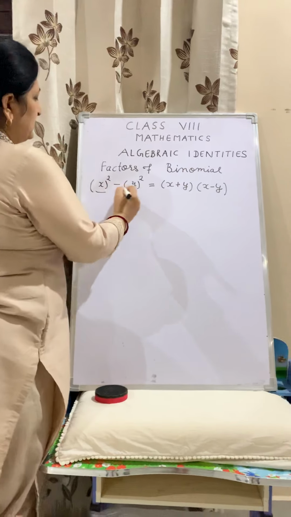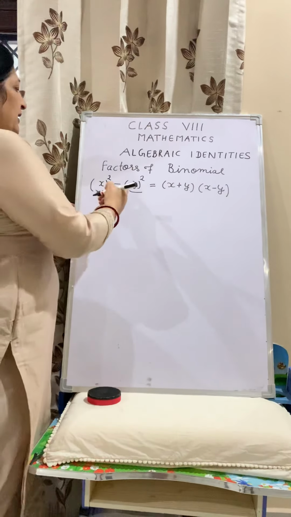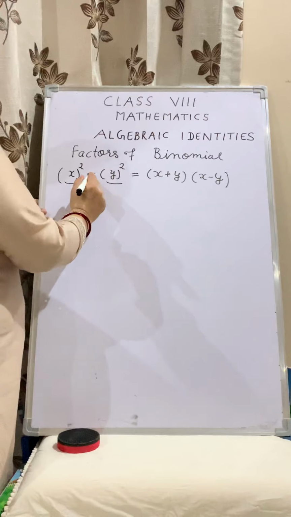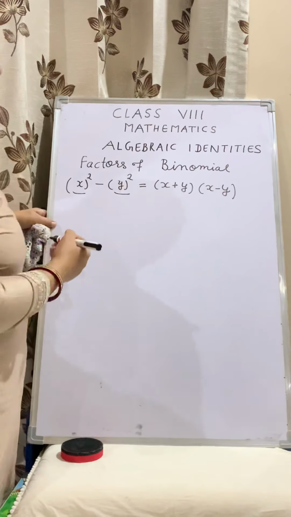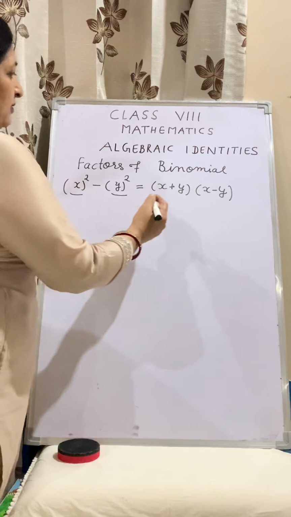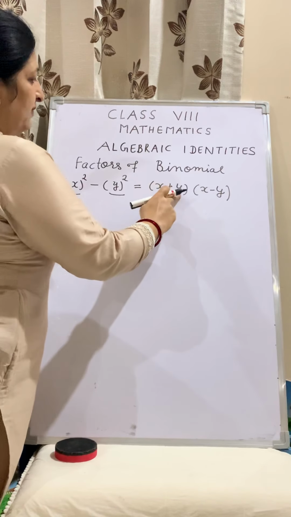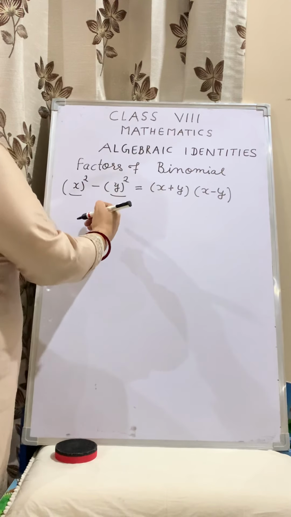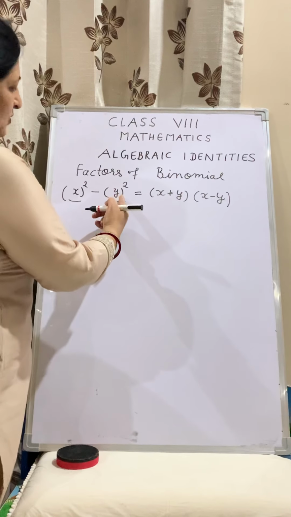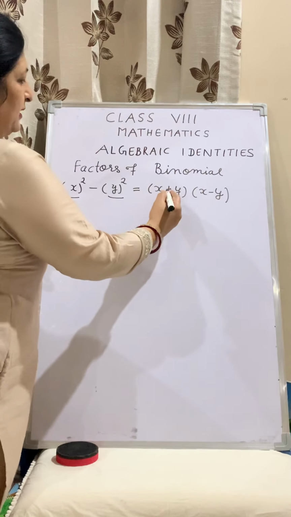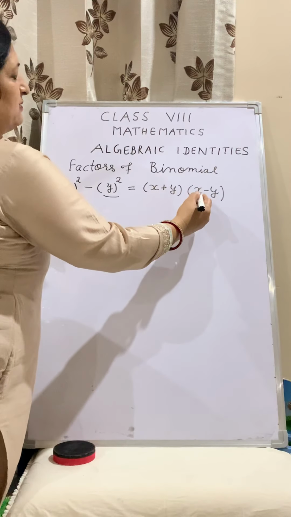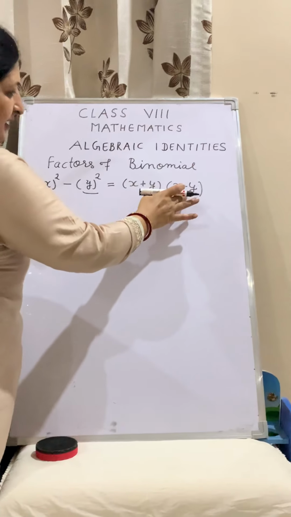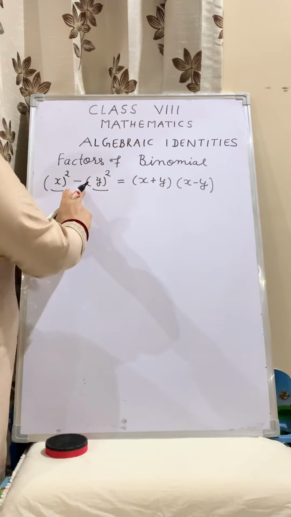Terms only, first and second, and in these two terms the sign is minus, not plus. It is the third algebraic identity. We will write (x plus y)(x minus y) is equal to x whole square minus y whole square, and when x whole square minus y whole square is given, you have to write x plus y and x minus y. It means if left hand side is given, you can write right hand side. If right hand side is given, you have to write left hand side.